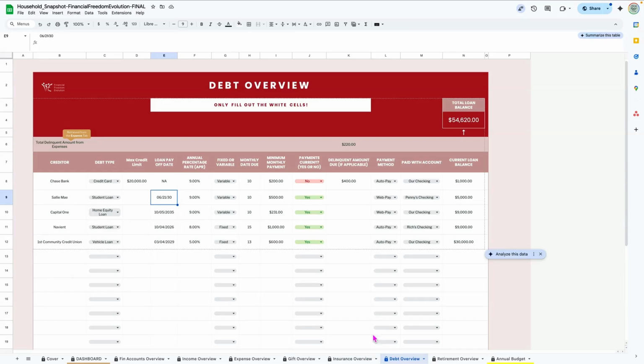Now the debt overview tab, this one is all of your debt. So it's credit cards, student loans, maybe you have a payday loan or a personal loan, a home equity line. Whatever your debts are, you want to list the creditors here, and then the type of debt in the drop down. And then if there is a maximum limit, if it's a credit card, you'll want to put what that max limit is. And then if it's a loan payoff date, you'll list the date here, the annual percentage rate, whether it's fixed or variable,